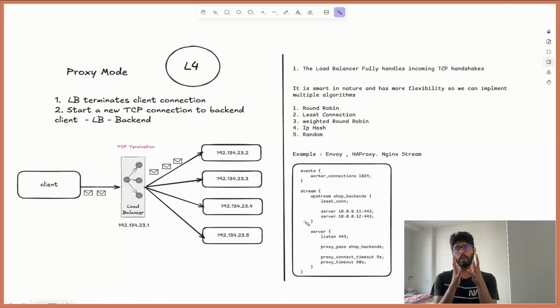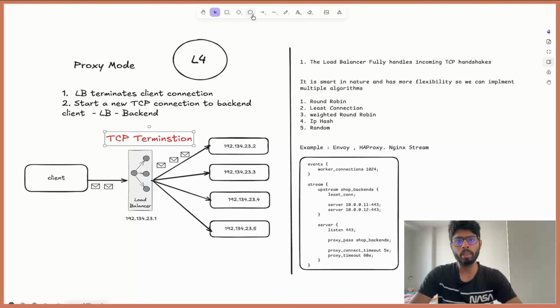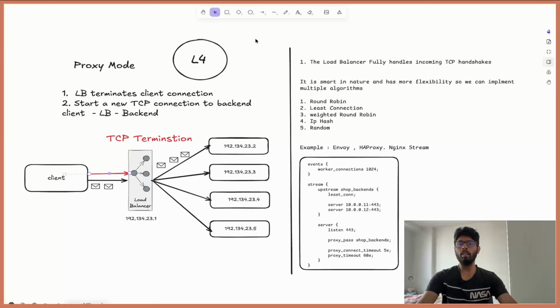Now we are going to understand the proxy mode. In the proxy mode, we are going to terminate the connection at the load balancer level. If you focus on this diagram here, I will zoom in, a TCP termination. Now what is going to happen here? Whenever a request comes, it will break. The TCP termination will break. Basically the connection will break here, and now the load balancer will make a new connection from here,